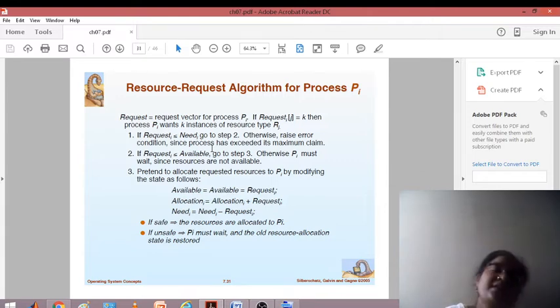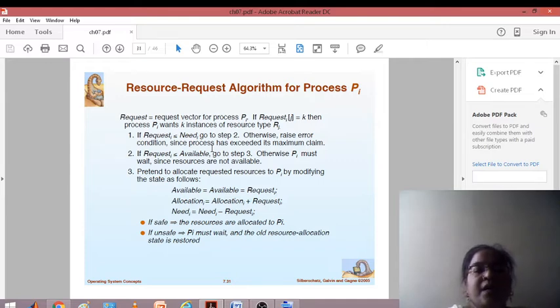The process has already been allocated some resources, and it has claimed a maximum, so Need will be equal to Maximum minus Allocated. Whatever it is requesting should not be greater than Need. So if Request is less than or equal to Need, go to step 2. Otherwise the process has exceeded its maximum claim.